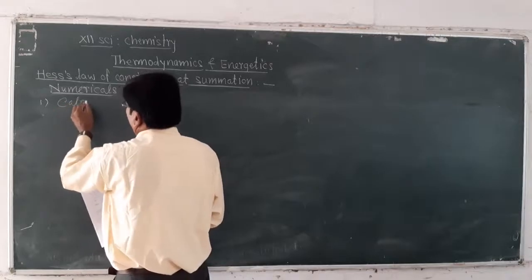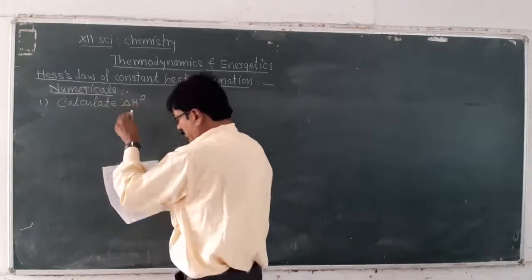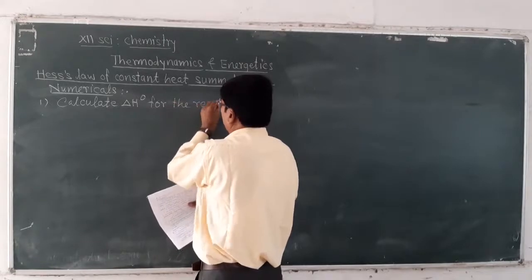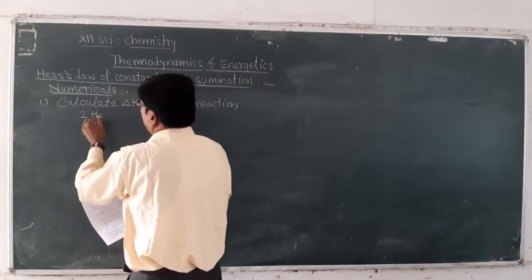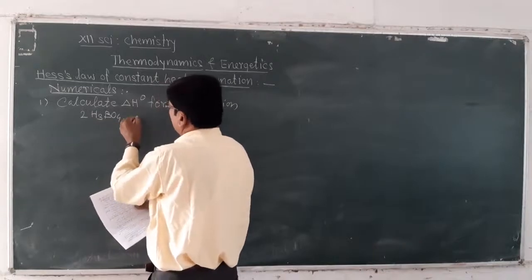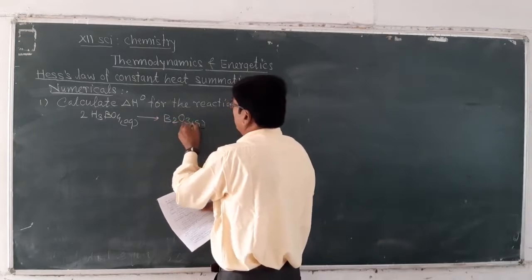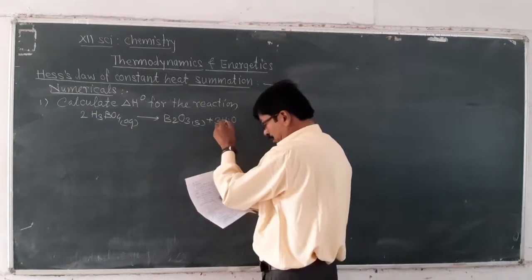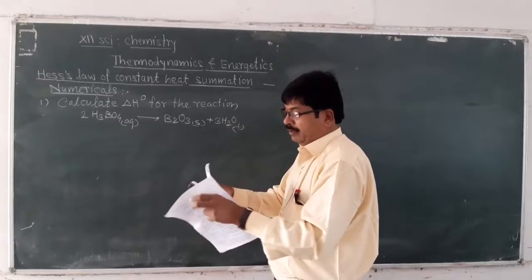Calculate delta H naught for the reaction. Reaction is given: 2 H3BO3 aqueous gives B2O3 solid plus 3H2O liquid. This is the reaction, and to solve the problem,